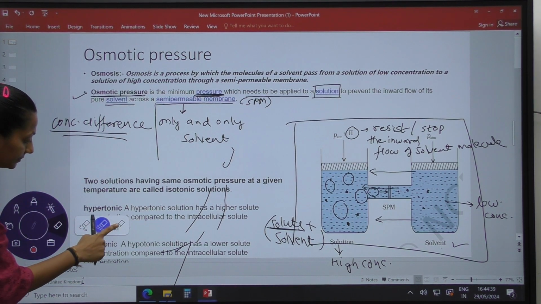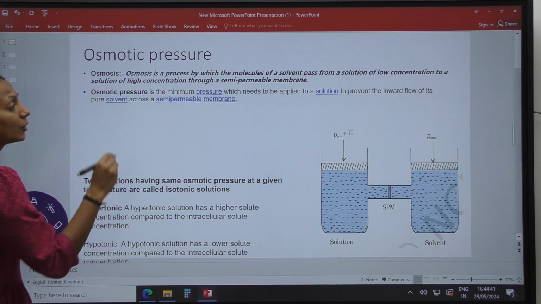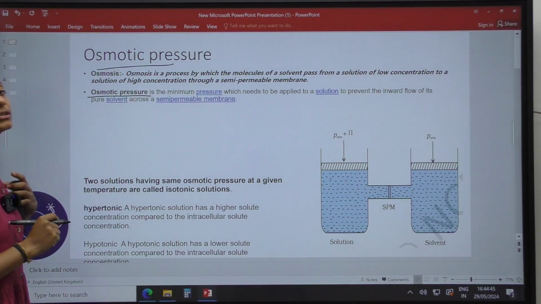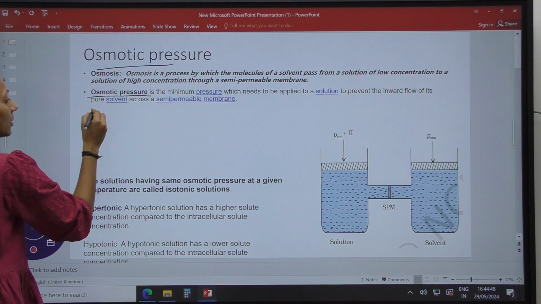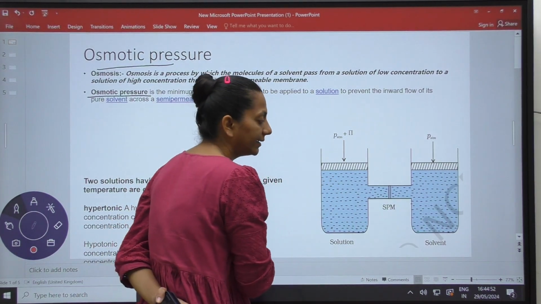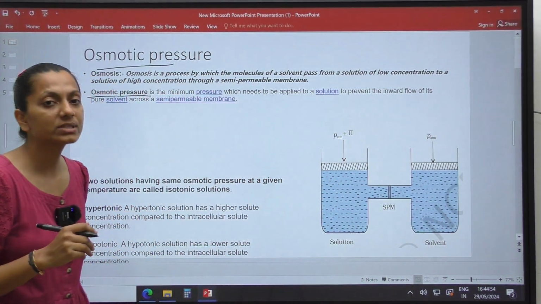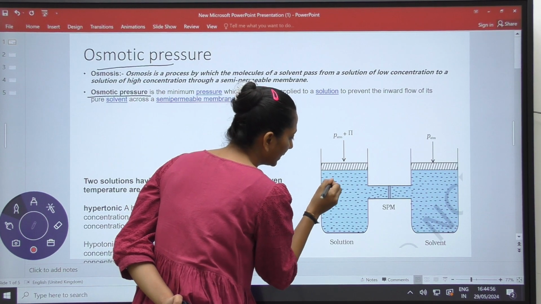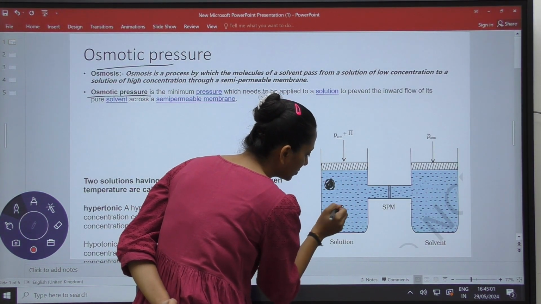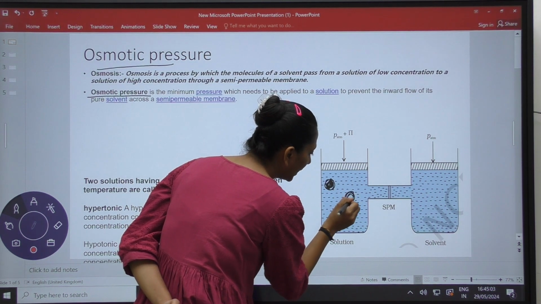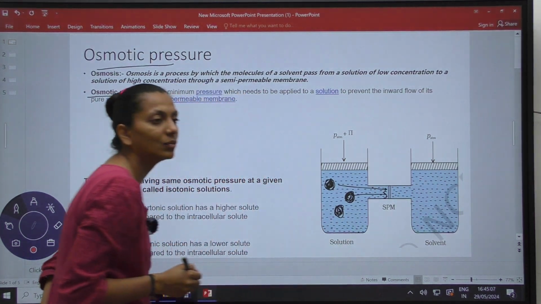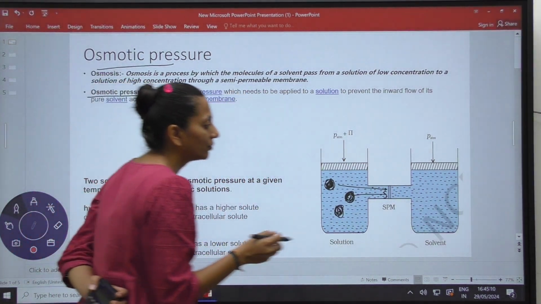Now see what happened, this osmotic pressure is a property of a solution. So this property also depends upon the amount of solute particles that are added. I just told you that there are solute particles inside. The more solute particles there are, what will happen? They are going to exert more pressure over the semi-permeable membrane, and there will be more diffusion of water from here to here.